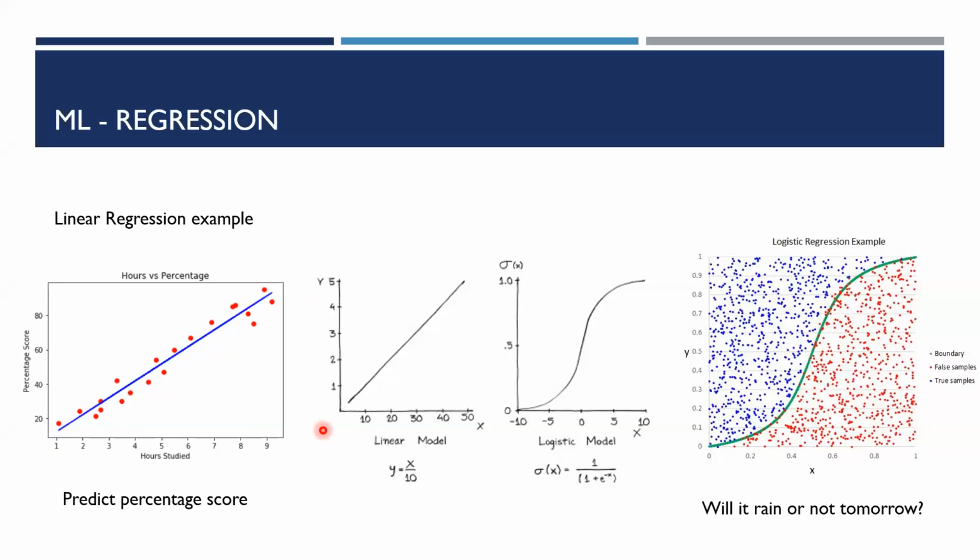But just for you to get a taste of what is happening inside the mathematics, I've just shown the slide. This is an example for a linear regression where you can separate data using a line. And here, this is an example for a logistic regression, which can classify, will it rain? You give a lot of data about the statistics of rain in the past so many months or years, and then you can predict, will it rain or not tomorrow? So you can use a logistic regression for that.